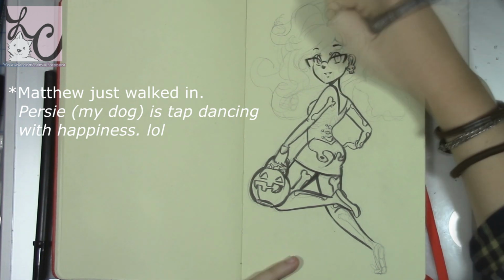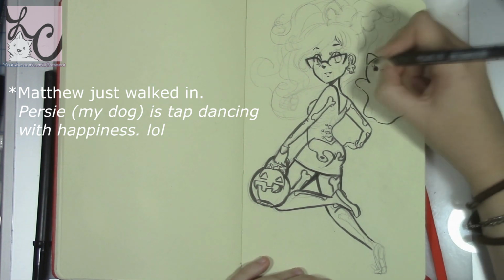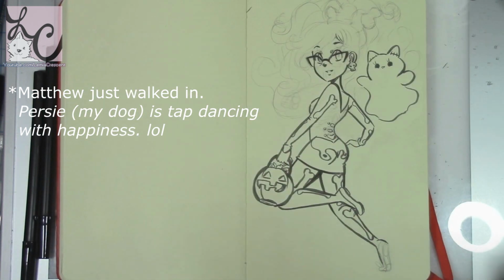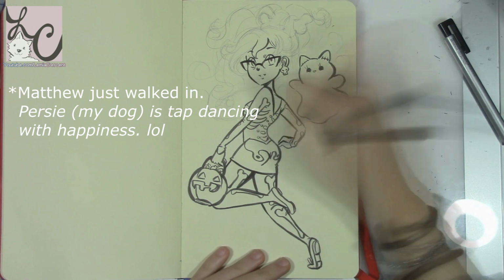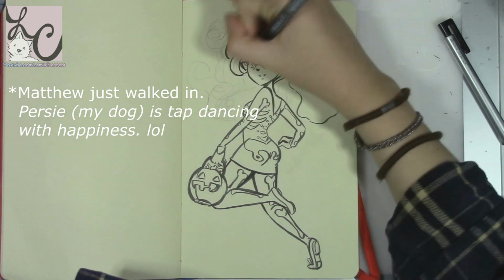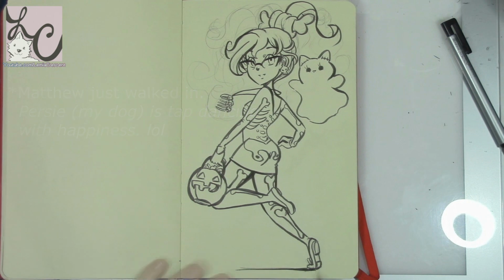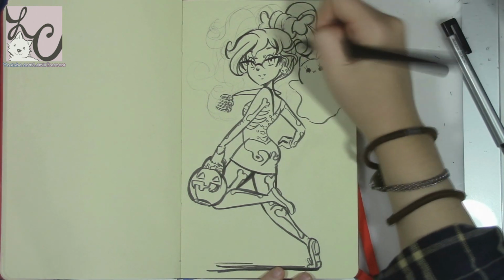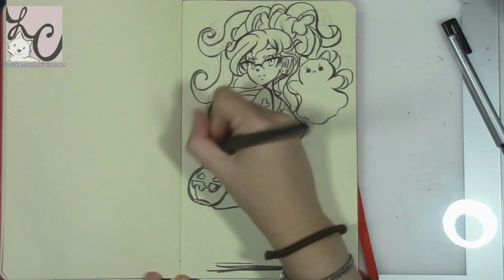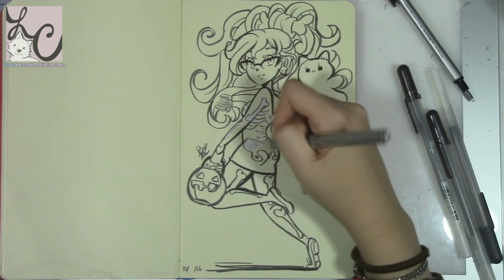What I used for this one would be my Sakura Professional brush pen set, but also I used white jelly rolls, a silver metallic Uniball, and I also used a Sakura Moonlight jelly roll for the orange of the pumpkin, also a Sakura Classic jelly roll for the pumpkin, and finally I used, to get the really dark black lines, like this is the blackest pigment I could get in this Moleskine notebook, is I